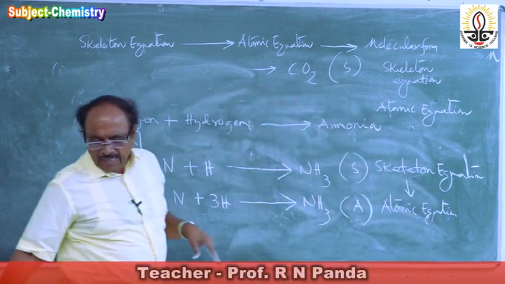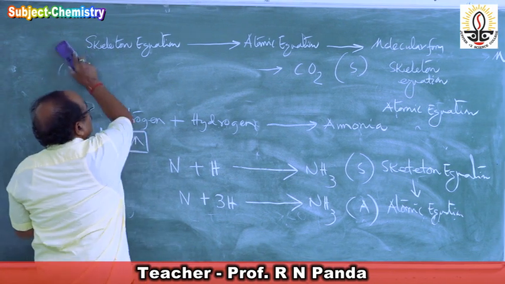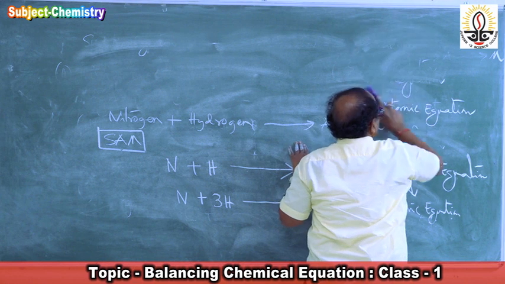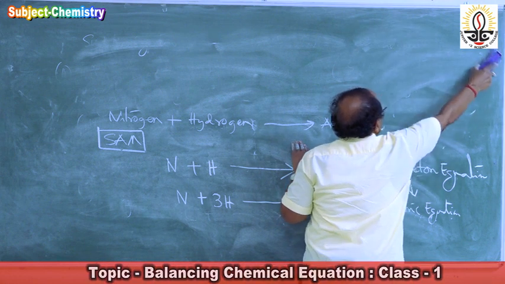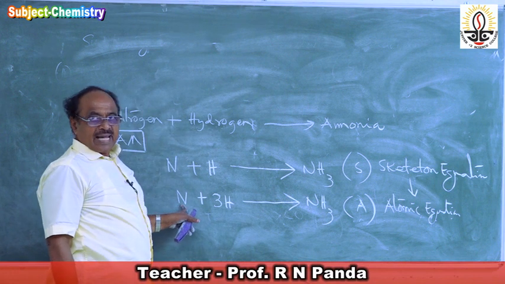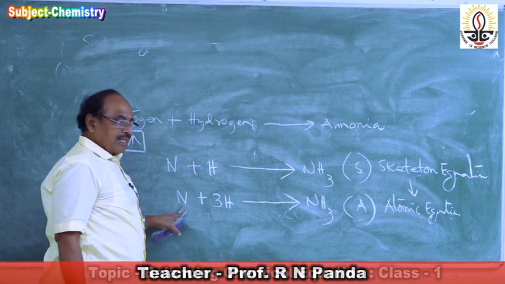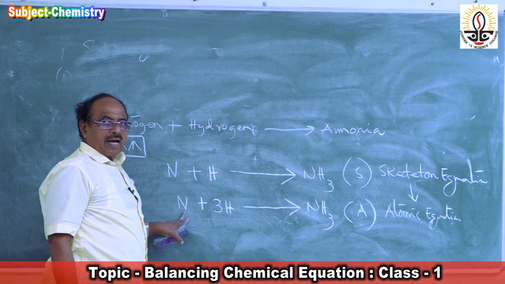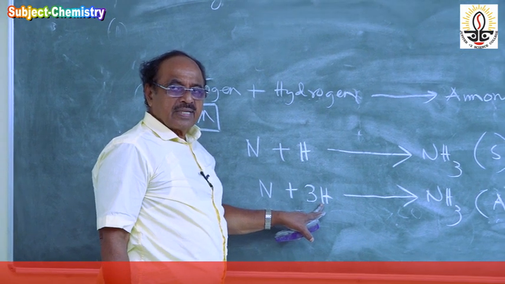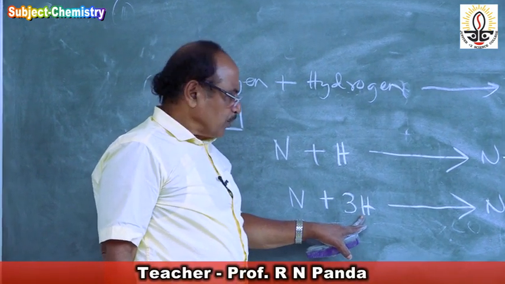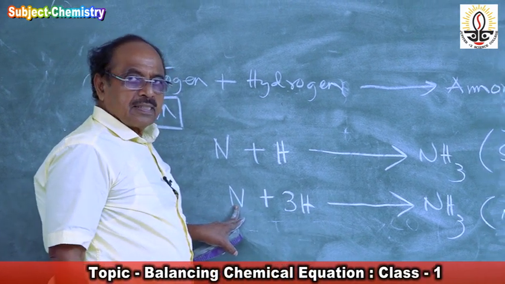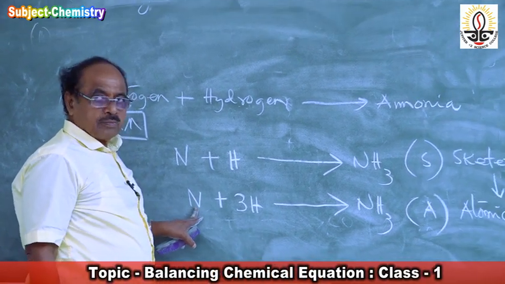Then I'll make my atomic equation into the molecular equation. I'll get the molecular equation, that is my balanced chemical equation. So what is nitrogen? A gas. So it will remain as what? As a molecule. I will write this N2. And what is hydrogen? It is a gas. What do I have to do? I will write it H2. So I have to double this. So I have to multiply this by 2.